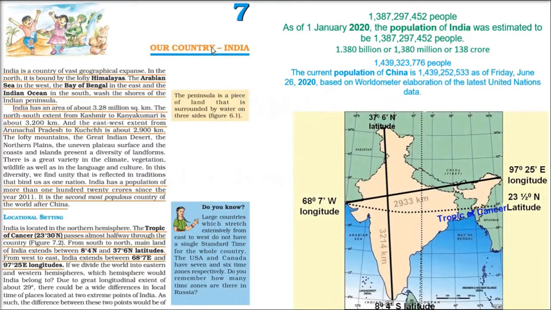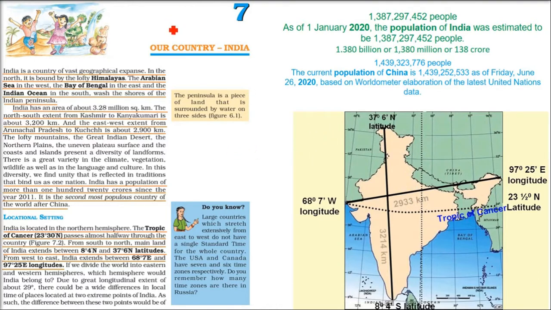This is chapter number 7. Our country, India, Hindustan, Bharat. India is a very big country as area is concerned. We have vast geographical area, vast geographical expanse, that is length and breadth, and left to right or top to